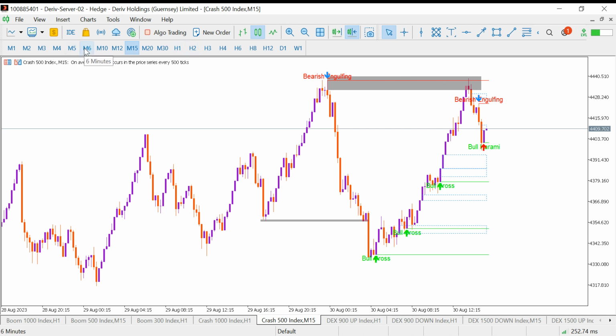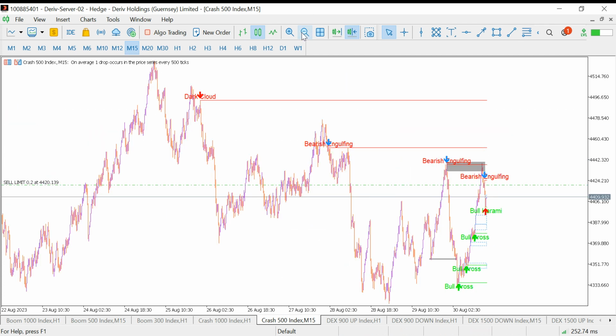You can also refine it to M5, but stick with H1 as the analysis for the higher time frame bias and M15 for the entry. Now, when you come to M15, make sure a structure is being broken. In this case, you can see that this leg broke a structure. So we have a change of character here, because Crash 500 from this point,